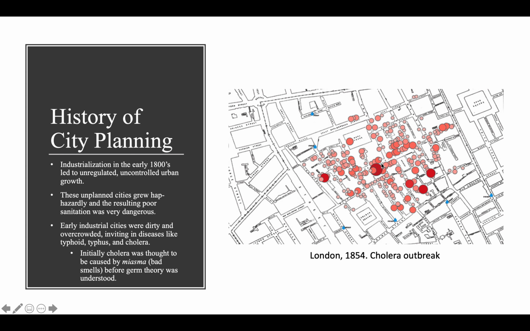So human waste got into the well that all the residents would go to daily for water, and all of these people, as a result, they got sick. And I think all the dots represent people that ended up dying. So that's kind of how they determined that it was actually caused by bacteria in water, because they had a look at where all of the people were getting sick. And initially, they thought it was, again, because of smells. And it took a while to realize the relationship between cleaning up the air and not polluting the water.